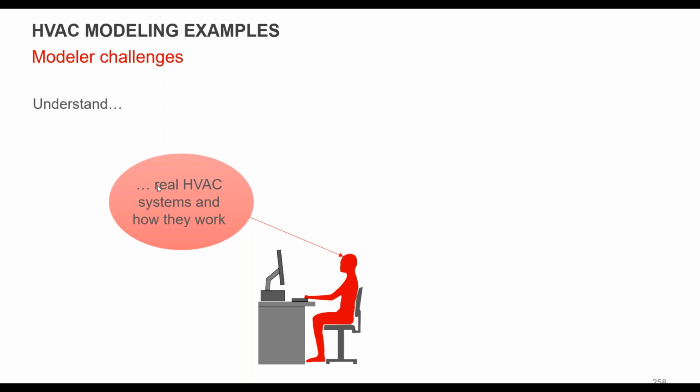challenge, I think, that a lot of modelers have, particularly if you're starting out and you haven't done this a lot, is that you might get a set of plans that has an HVAC system, and you input the numbers, but do you actually know if the system is responding as it will in real life and in operation?